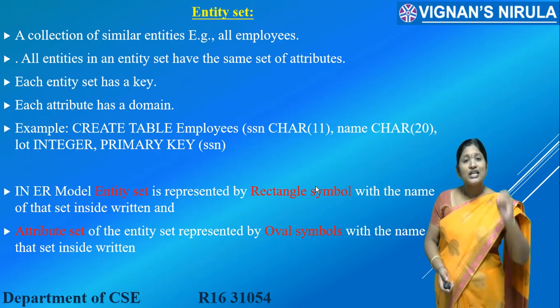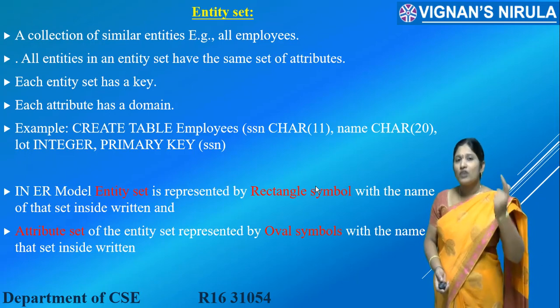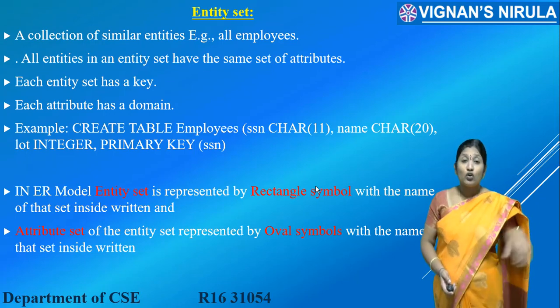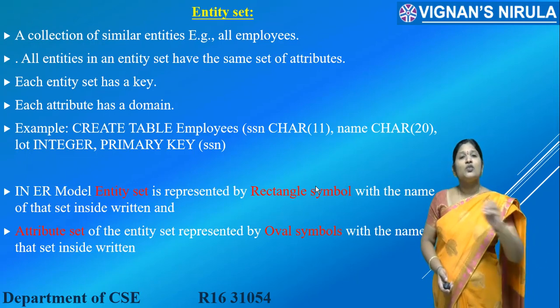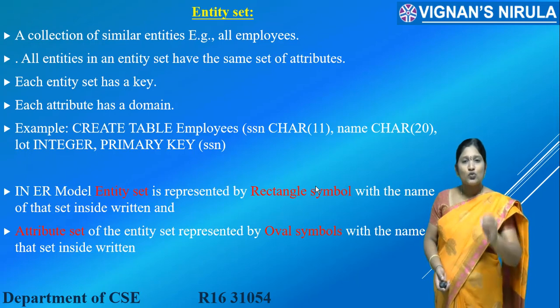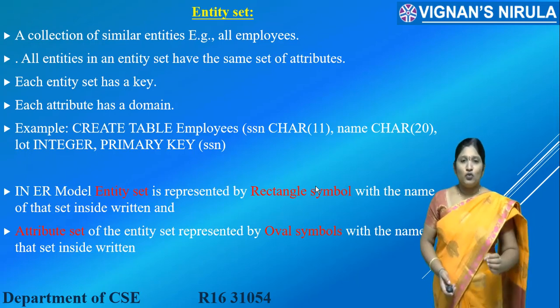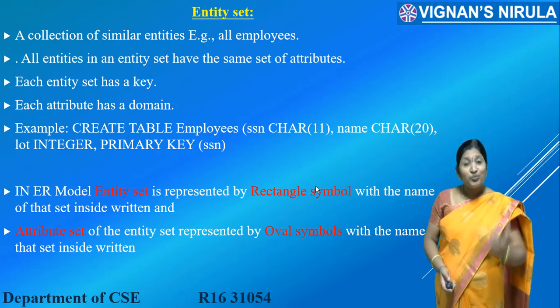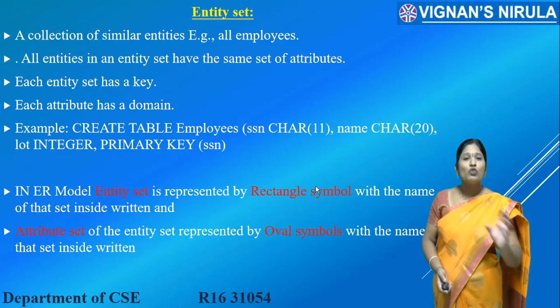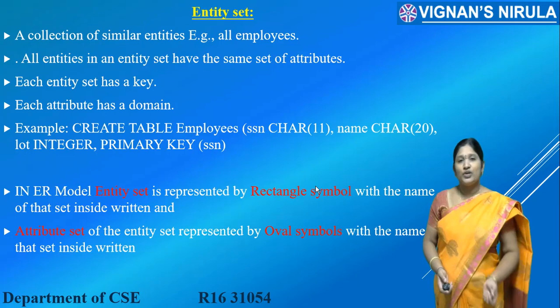Under the category of the Students entity set, entity 501 will come, 502 will come, as well as the third entity, and also all the other entities which have the same attributes as student ID, student name and student phone number. So, in brief, an entity set is a collection of entities which share common properties.